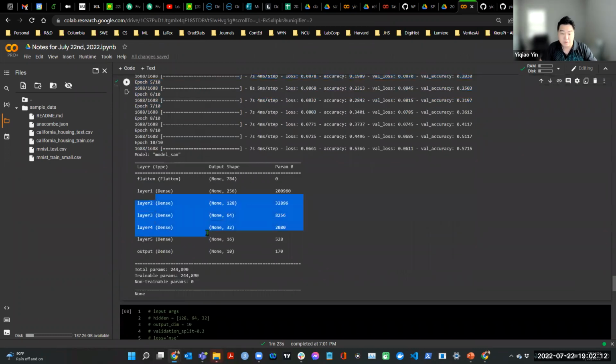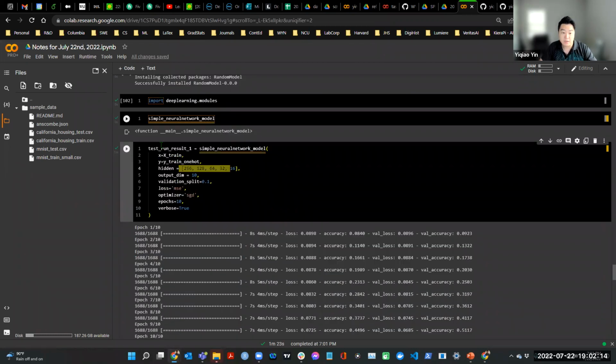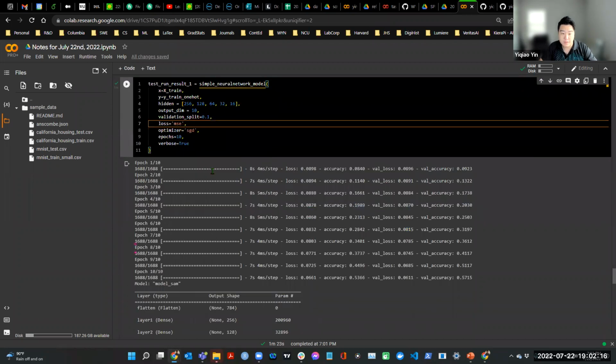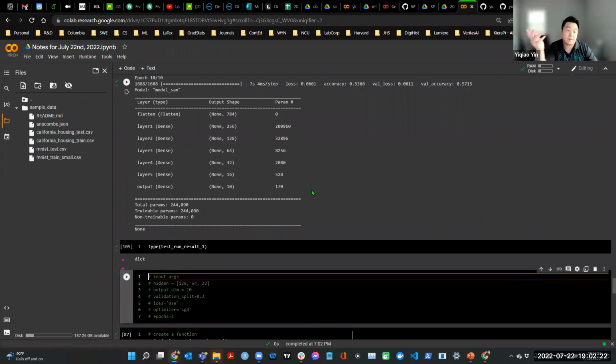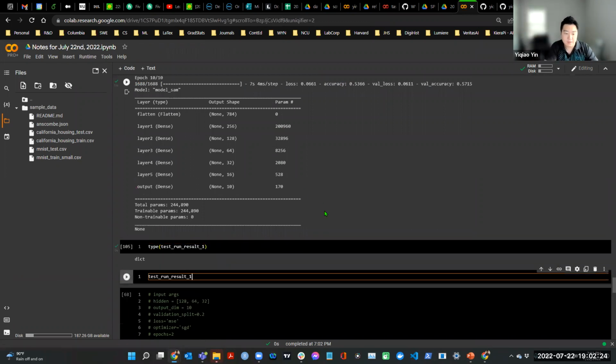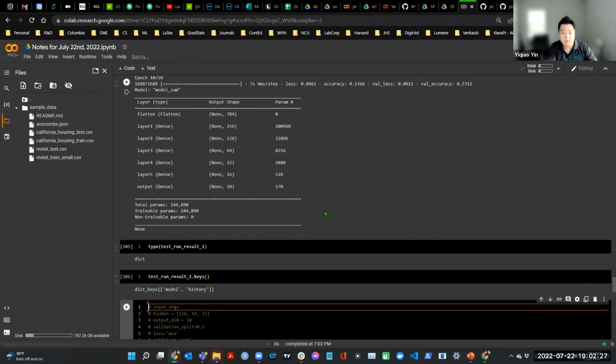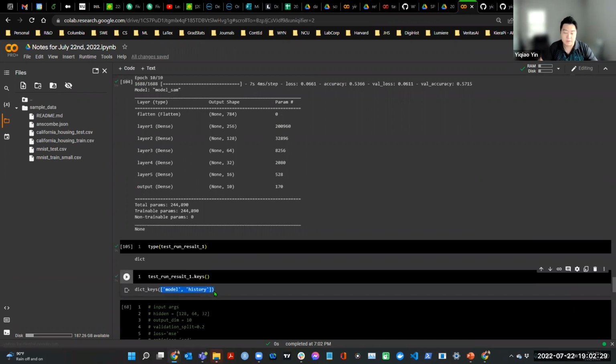And that's the output, so that's there. And then you can check out the output, right? The output of this entire object is going to be a dictionary. So once again, type, it's right in there, dictionary. And then you can check out the keys. It gives you model and history. And then you can do whatever you want. You can say